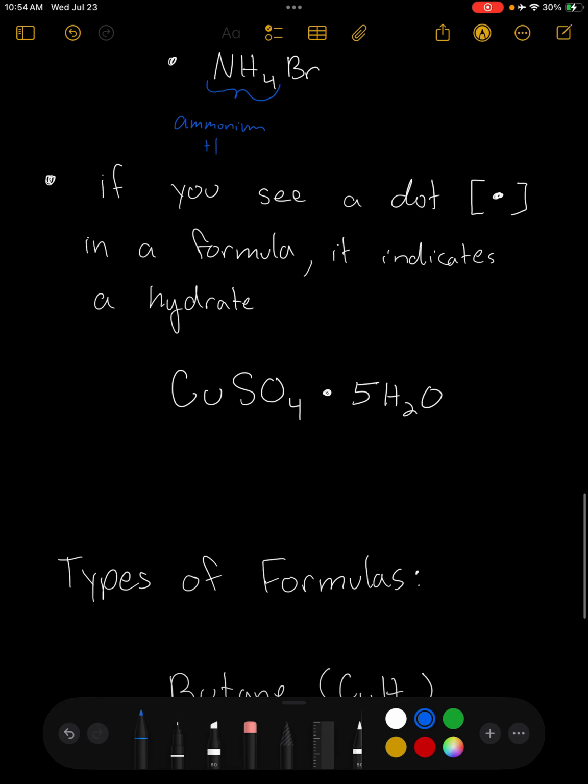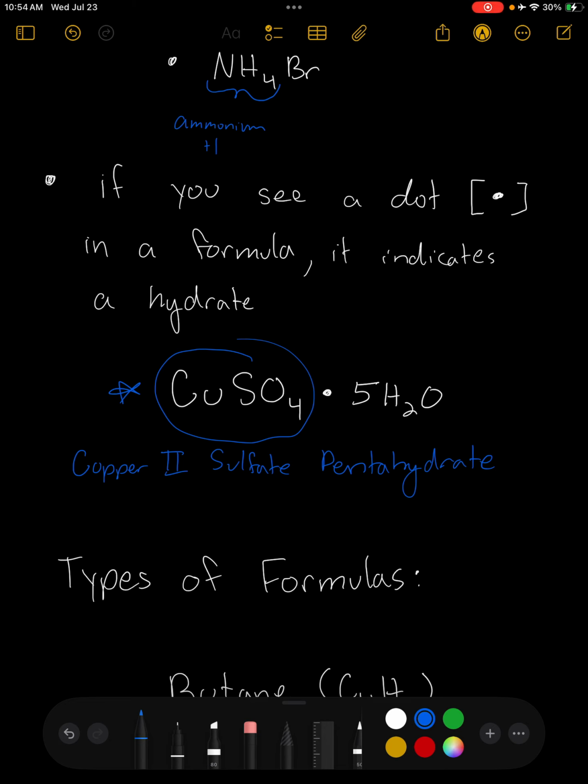One more rule to note: if you see a dot in a chemical formula, what it means is that that chemical compound is probably a hydrate, like the one you're looking at here. The full name of this is copper(II) sulfate pentahydrate, so let me write that out really quickly. And copper(II) sulfate pentahydrate is basically just one compound, copper(II) sulfate, but as that thing was crystallizing and forming, a